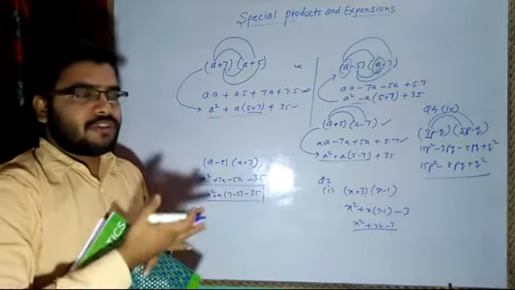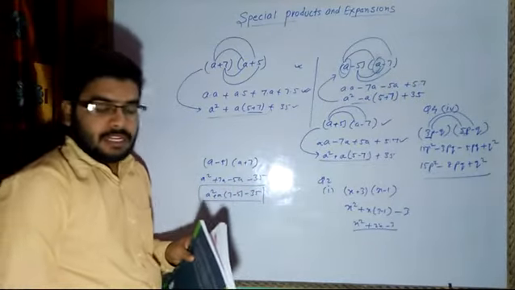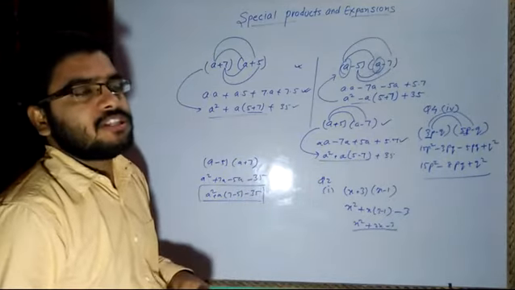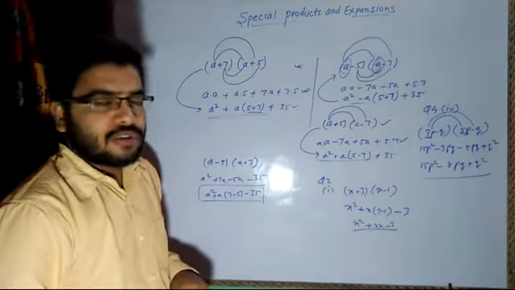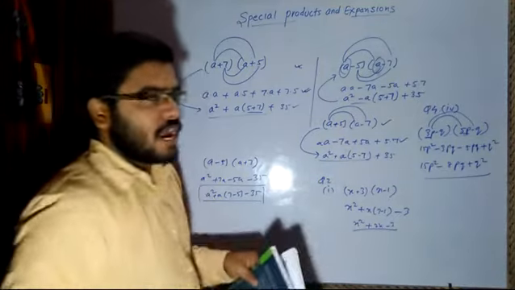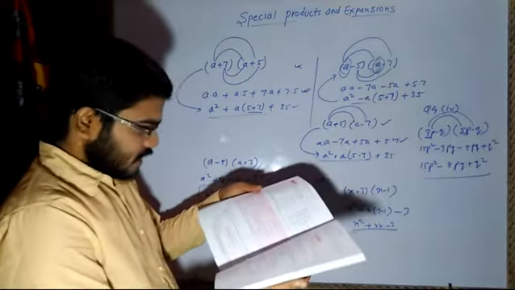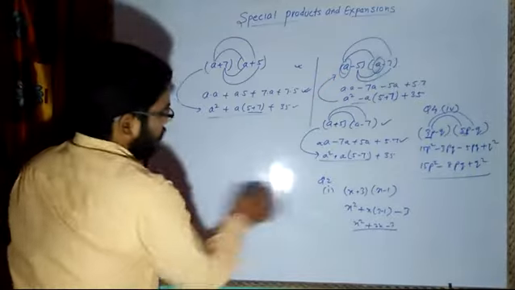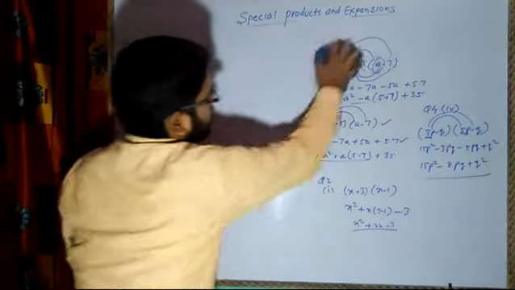In the previous chapters we have seen how to multiply a trinomial with a binomial and all those things, where different variables and constants were there. Then division also we have seen, and this is based on a standard formula. Now after this exercise we have expansion of the formulas. That is an important part. I hope most of you may know, but still let me write a few of the formulas here.